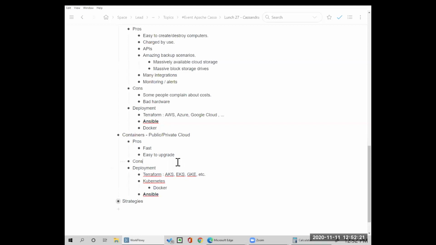But the thing that comes up is that you need to know which PVs are with which pods. Because you may be in a situation where you have to destroy all of the containers and then start fresh.